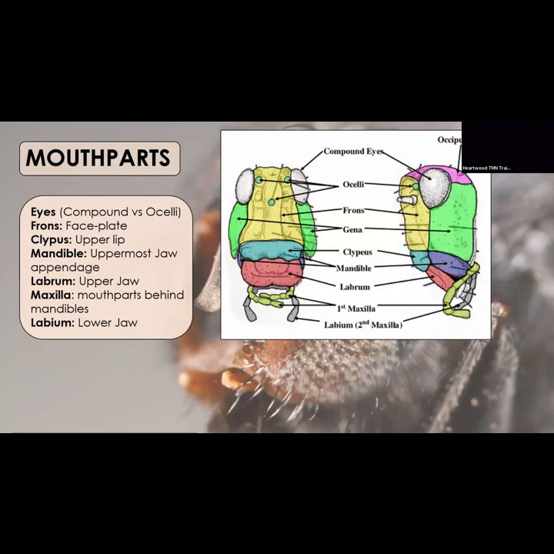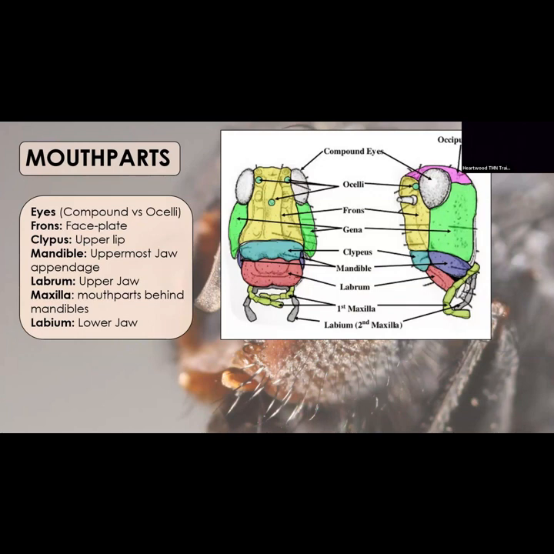So mouth parts, this is where a lot of the stuff is shifting, because they all have the same parts, and they really like to use grasshoppers as the example, because they just have a nice round face, and all their parts are nice and spaced out. So things you'll hear often, or you might read when you're reading about an insect, you talk about the ocelli, that's just those simple eyes. So they have compound eyes, and oftentimes they have simple eyes. The frons or the rostrum. So the frons is kind of like the faceplate, and the rostrum is like your nose. You've got the clypeus. It's kind of like their mustache, upper area.